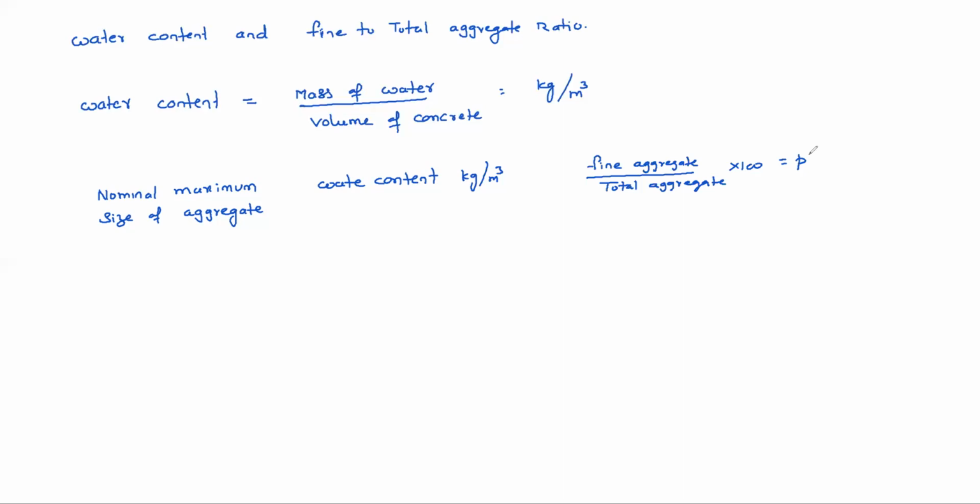So water percentage and sand percentage depend on, actually water percentage means here water content, in 1 meter cube of volume of concrete, how much water is there. As well as sand percentage, both depend on the maximum size of aggregate we are using in the concrete. Suppose for grades